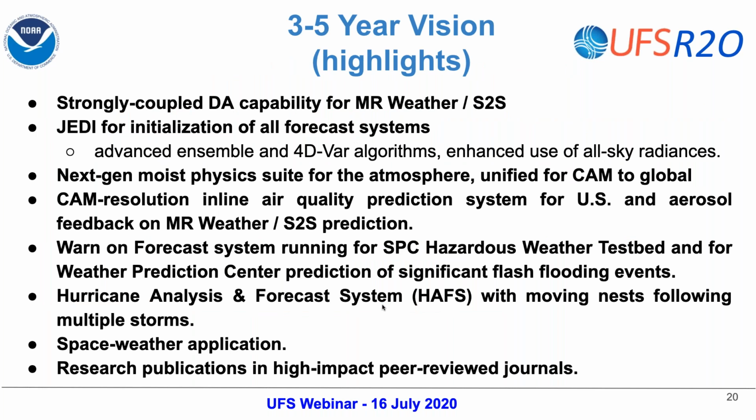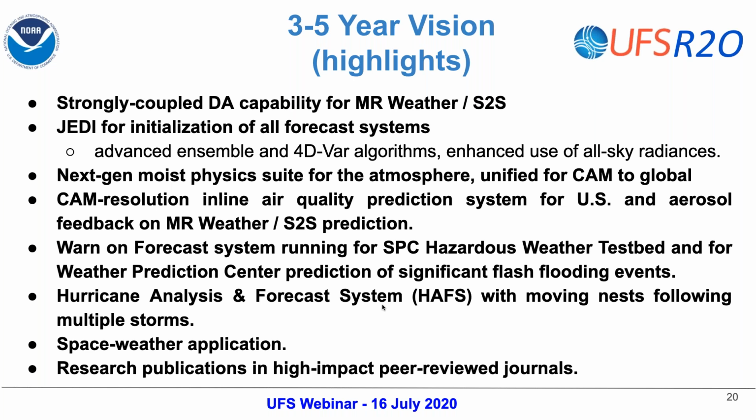If we look out longer term at the vision for 3 to 5 years, and these are really just highlights, we are anticipating a strongly coupled data assimilation capability for the global model. Strongly coupled in this sense means making full utilization of observations in each component to assimilate data into the other components. So for example, I mentioned ocean observations being used in the atmospheric data assimilation, all of this within an Earth system modeling framework. We anticipate having JEDI available to initialize all forecast systems from convective allowing up to the global scales. We will have the next generation moist physics suite for the atmosphere,